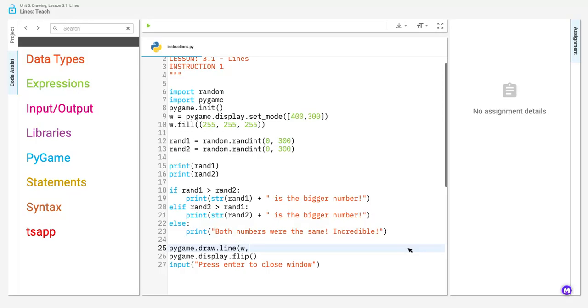Comma, space, then another open parenthesis, and I'm going to go 0, comma, 0, comma, 0, close parenthesis. Can you guess what that stands for? Then I'm going to do another comma. Don't forget the commas. Space, parenthesis, that's shift 9, open parenthesis, the number 50,